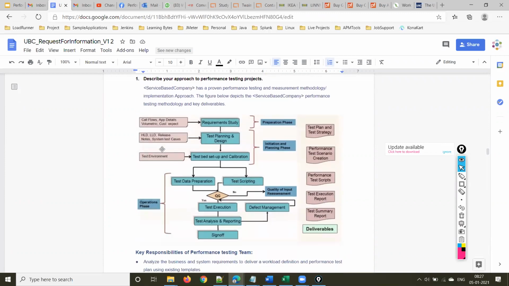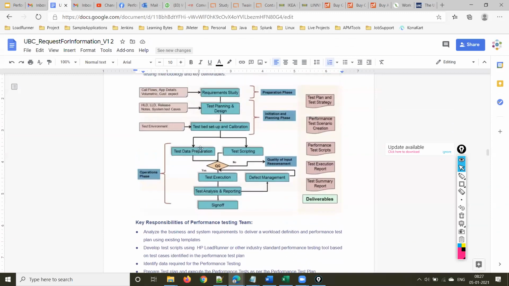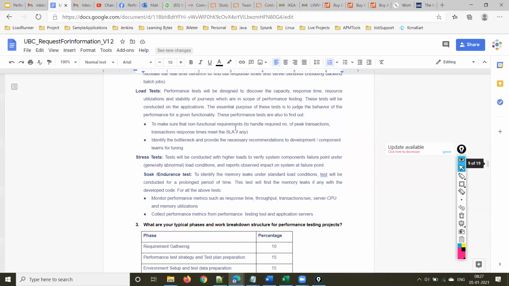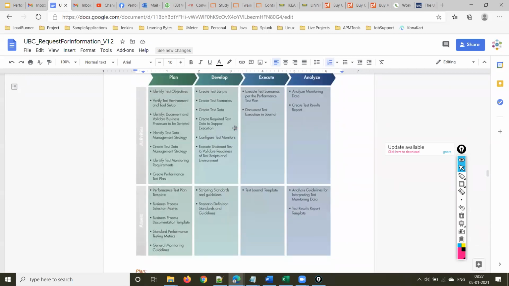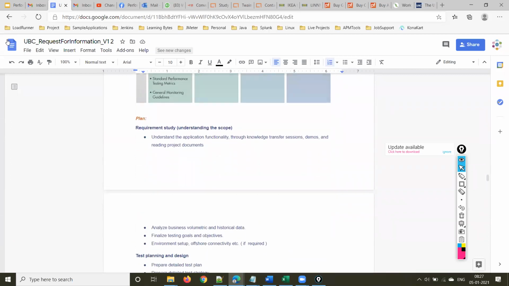Clear? So the query here is, describe your approach to performance testing projects. And this is the approach that the service-based company follows. Clear? Right.